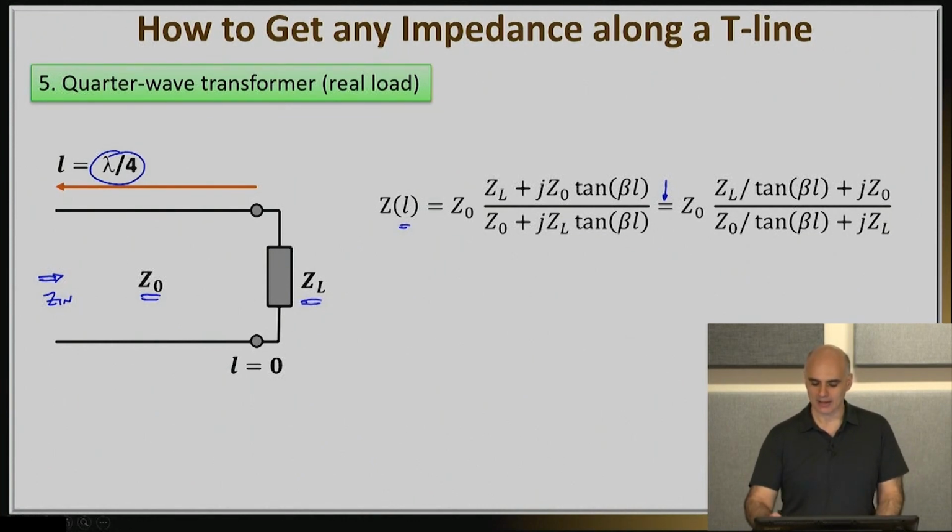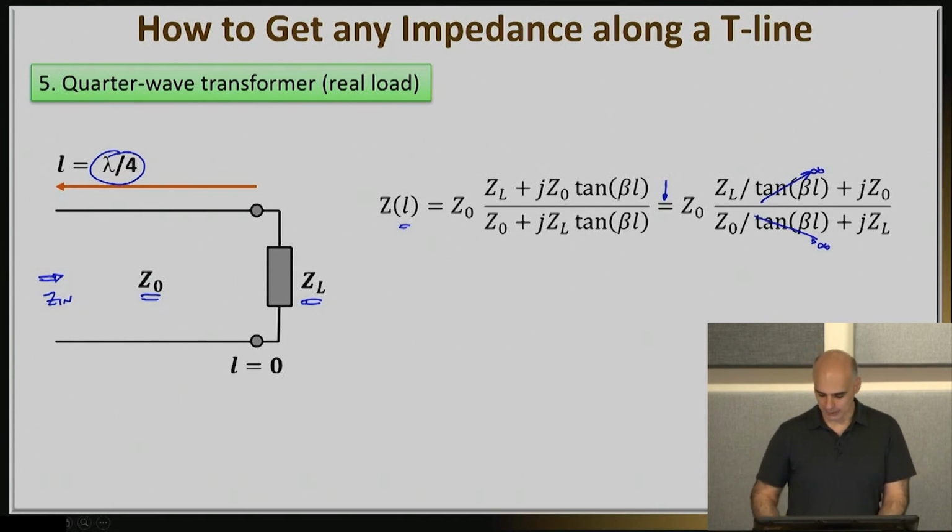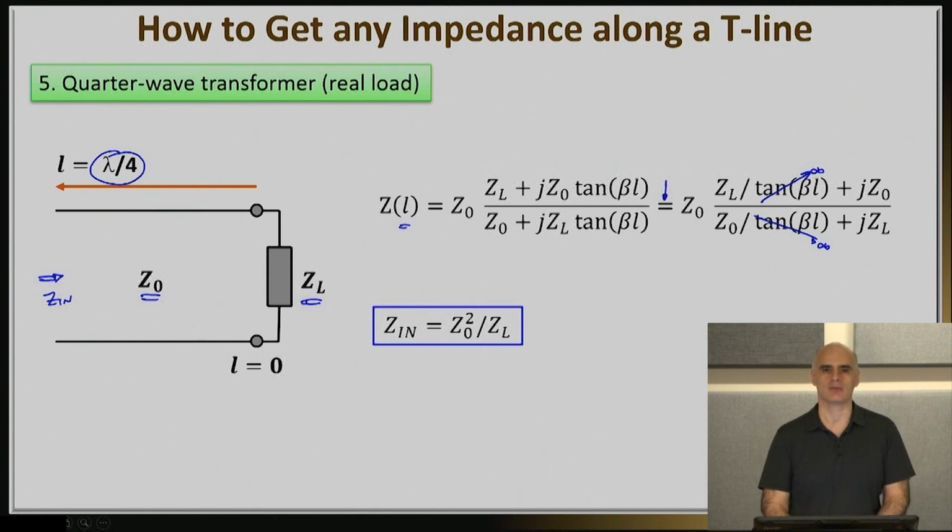When I do that, and again, if you consider that this number will become infinity and this number will become infinity, it's actually not hard to show that your Z input has the expression that you'll see right here: Z0 squared, the characteristic impedance of the line squared, divided by ZL. This is actually a very famous expression, and this is something that I strongly recommend that you memorize. It's a really simple expression to memorize, but as you will see, it has a significant